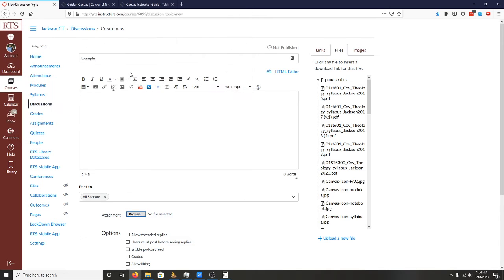And you just click that and it'll open, and that's how you would want to upload it from your computer, unless it's a particularly large file, which again then you'd need to upload to the files first, or use this link and then attach it from here. So I could include the syllabus here, for example,